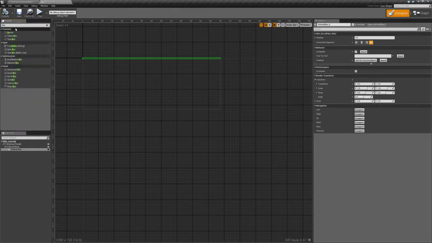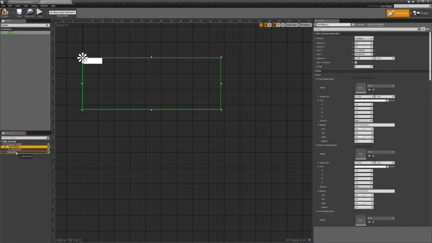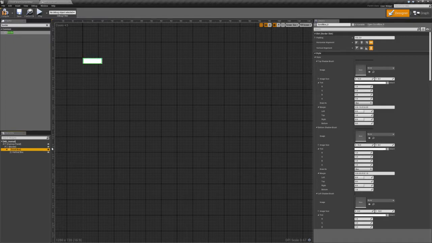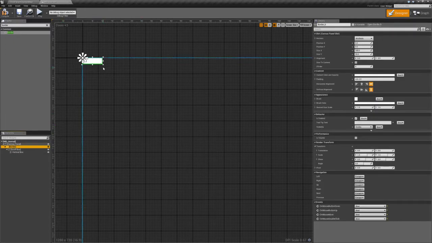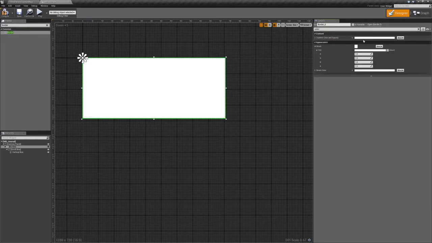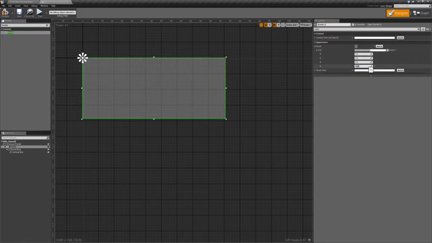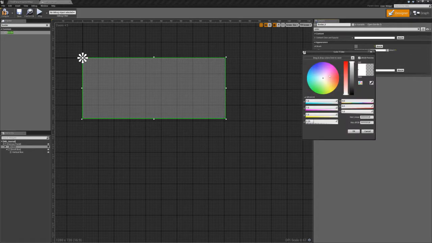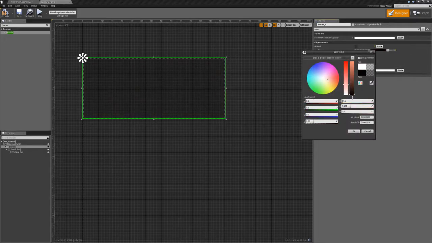Go back to the palette and look for border. Grab and drag the border on the canvas, and then click and drag the scroll box inside of the border, and then grab the border and resize it. This will just allow our journal to have a background, and I'll just do a simple background color. So brush, I'll adjust the opacity down to 0.25, and I'll bring the color down to black,